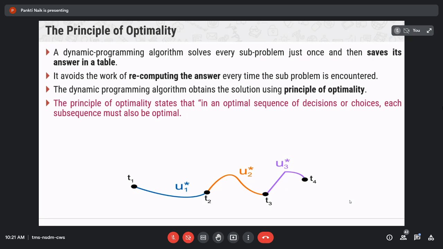Now when it is not possible to apply the principle of optimality, it is almost impossible to obtain the solution using the dynamic programming approach, right? Whenever you find some problem and you try to solve it using the dynamic programming approach, and it is not possible to apply the principle of optimality, then it is also impossible to obtain the solution using the dynamic programming approach. So whenever it is possible to apply the principle of optimality, then you will get the optimal solution,